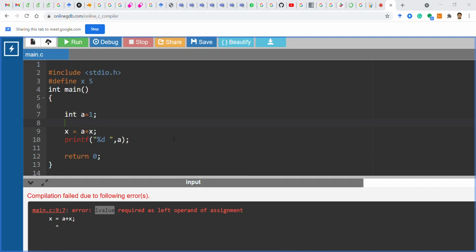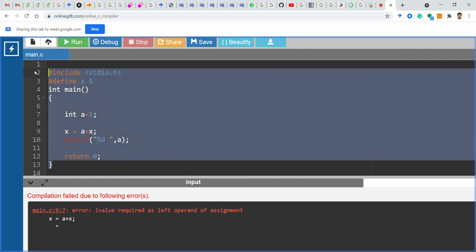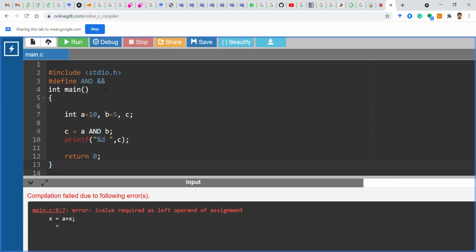So now let's go for the next type of problem. So again we will write another problem here. You see, just the same thing I have written. I have written int a equal to 10, b equal to 5. Now why have I considered this one? Because if you take the binary of 10, you will get 1010.